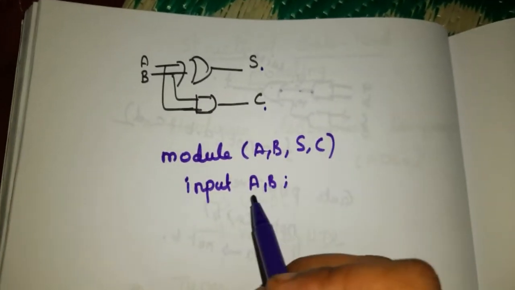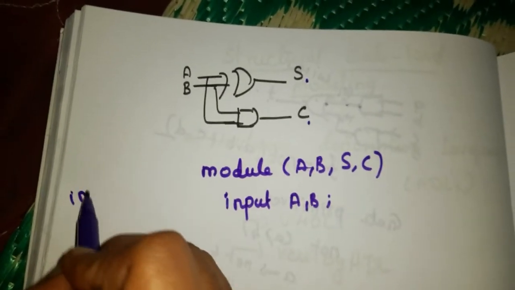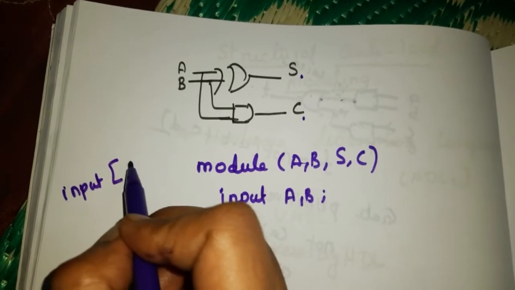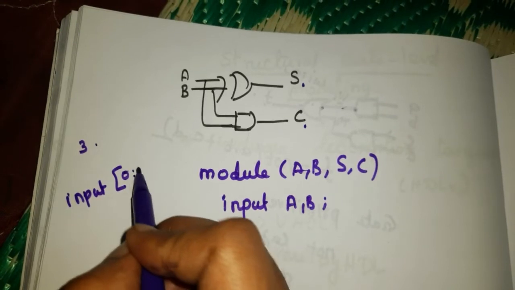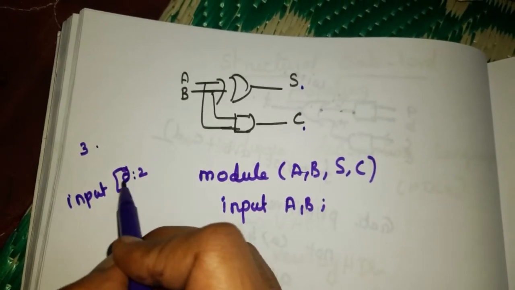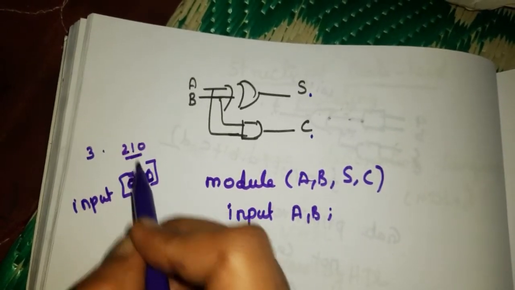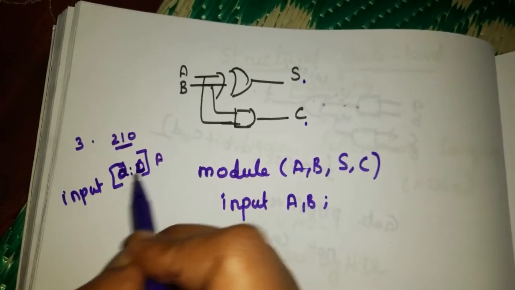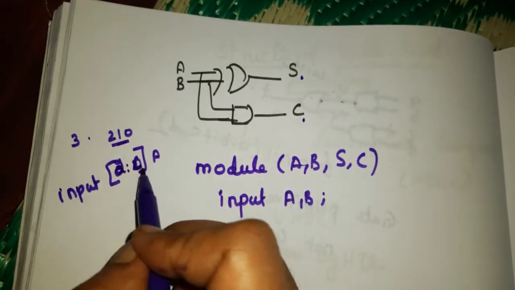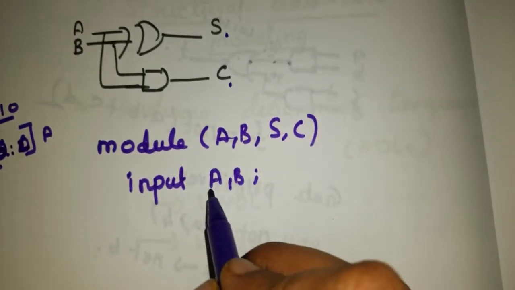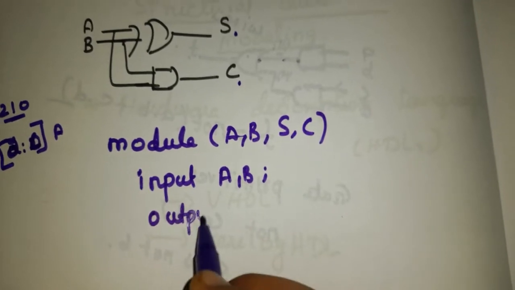If you have more than one bit, you have to declare the input with the size of your bit. If we consider that it is 3 bit, that means 0 to 2, otherwise 2 to 0. That means 0, 1, 2, 3 bits, so the length of the input is 3 bits. So now we can declare the input with its size also. But here this is a single bit circuit, so we just declare input as A comma B and output S